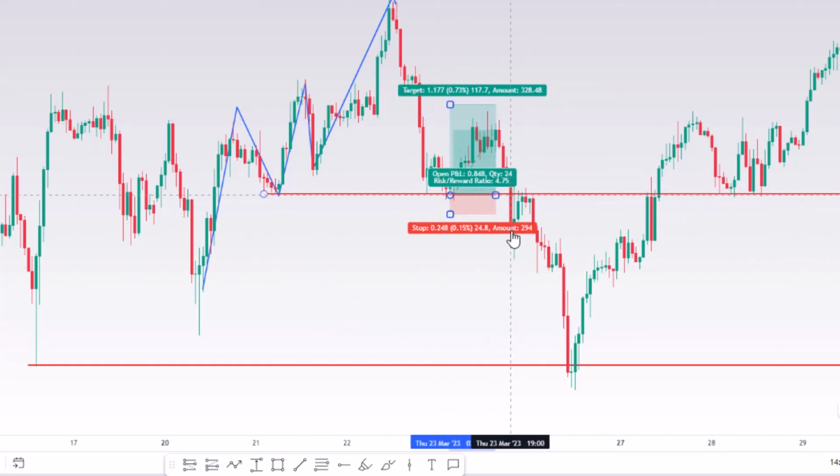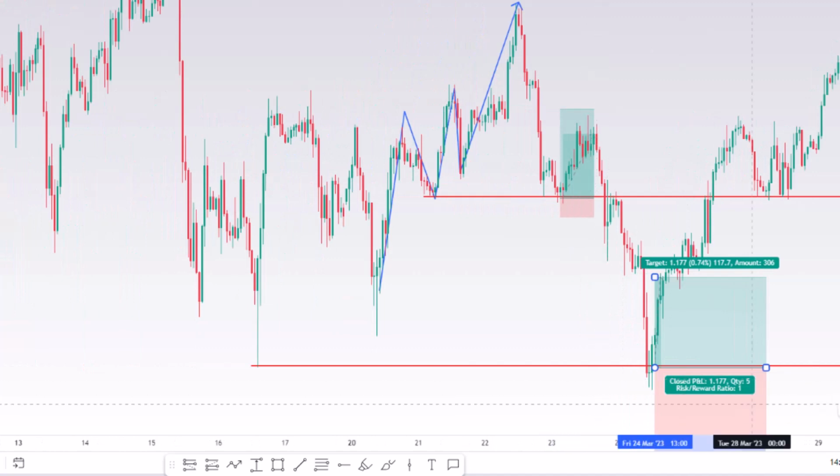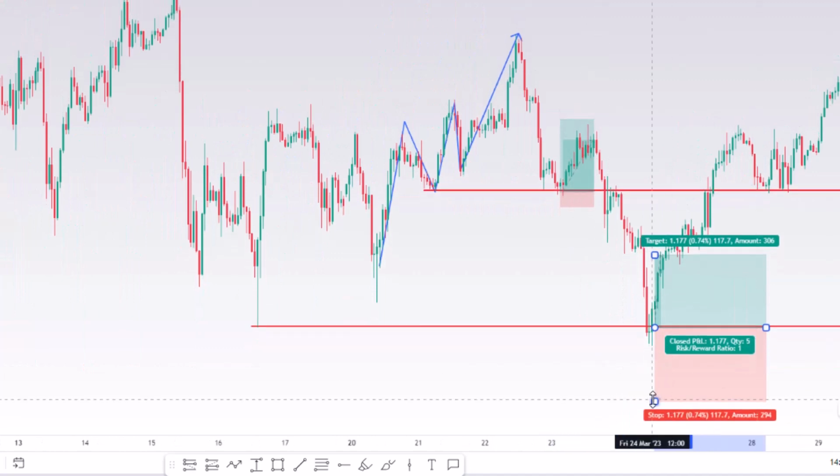This level got violated, you see, and price dropped down to grab more liquidity to the downside. Here, what happened? Immediately our criteria were being fulfilled. You see, we got a bullish candle to the upside and there was weak rejection. What happened? I'm going to automatically open my order, risking